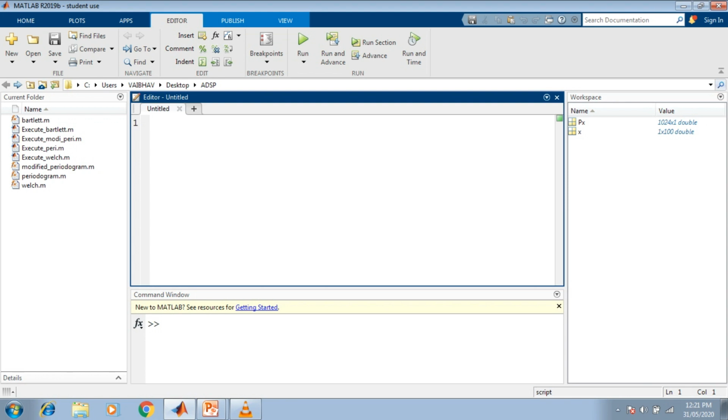So in this untitled script, I start with the keyword function, and we expect the output of this function to hold the estimate of the power spectral density here. So I denote it with the variable, as in the previous cases, capital P small x, small x to represent the discrete time random process for which this power spectral density is supposed to be estimated. Now this is equal to the name of the function we have to mention here. So here we mention Blackman underscore 2K,